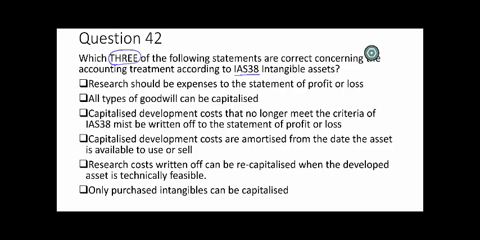So the first is picking up on the topic of R&D and says that research should be expensed to the statement of profit or loss, which is correct. Research costs are always written off as an expense as they are purely speculative with no realistic expectation